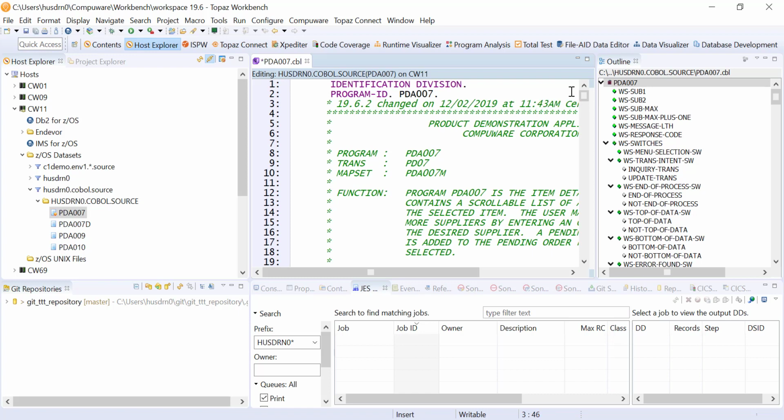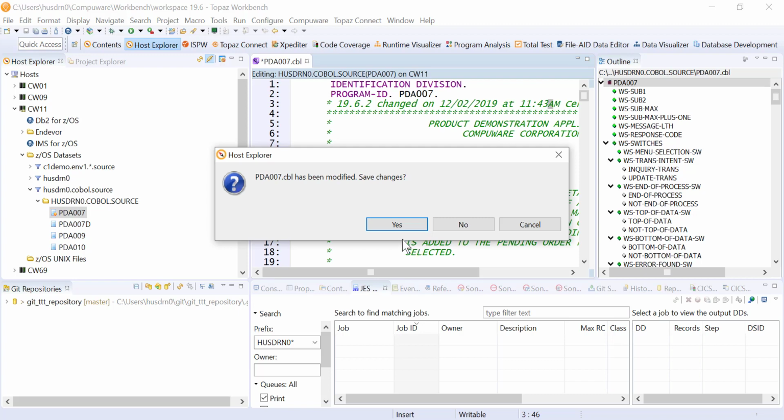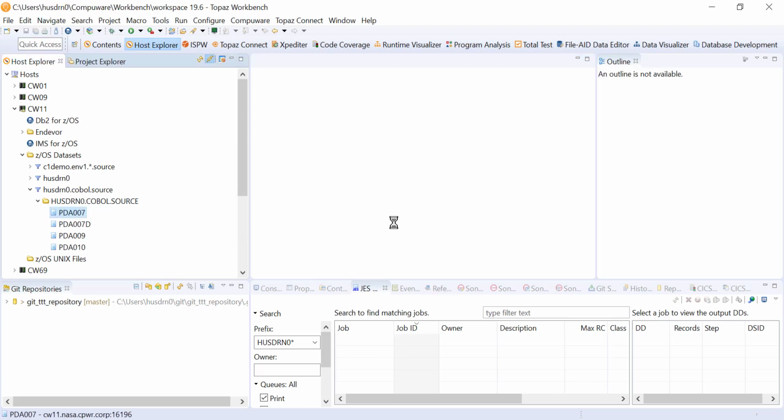And as soon as I updated it, it placed an asterisk next to the module name. This is to denote that an update has been made. I'm now going to close that element and save my modifications. Now let's jump back into the Topaz Connect perspective,